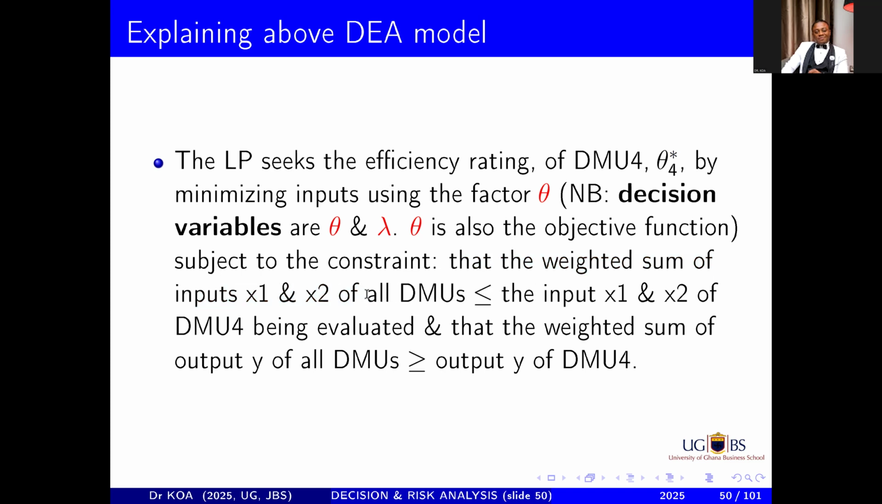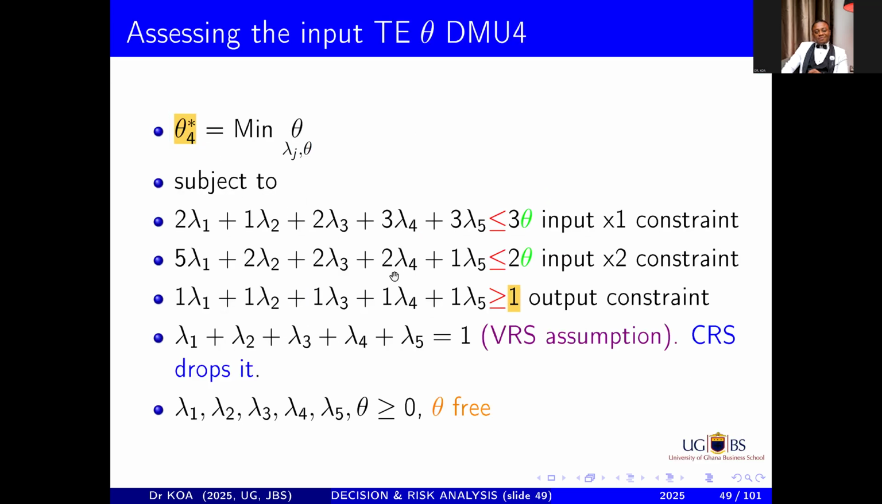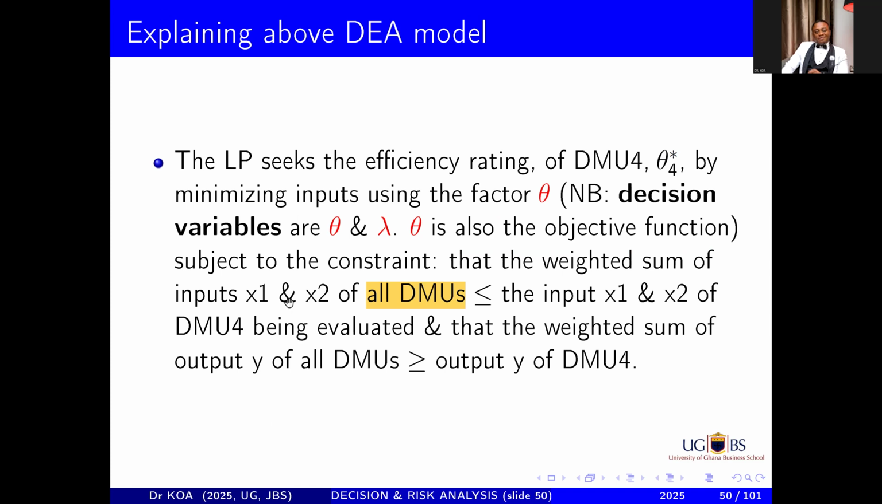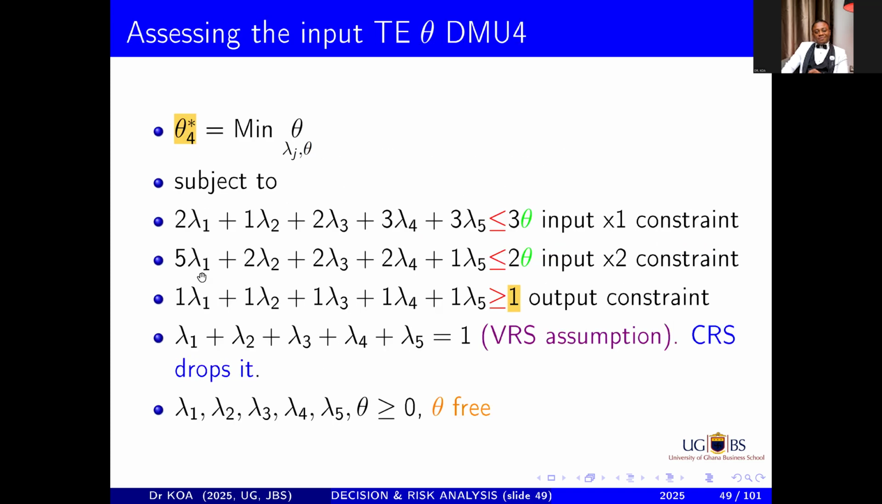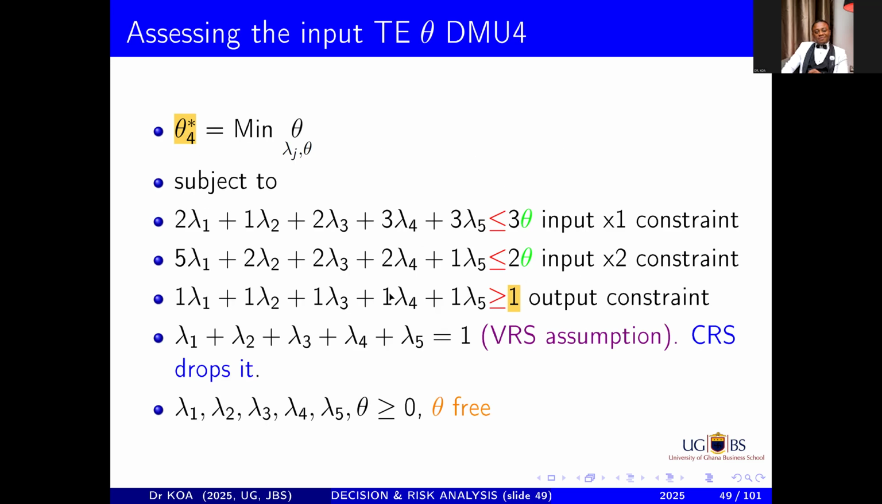Watch that word: of all DMUs. What does that mean? The weighted sum of input and output of all DMUs. All DMUs here means that you are looking at one DMU at a time, which is DMU 4, but it is subject to the constraint that the weighted sum of all DMUs, that is those on the left-hand side of the equation here, is less than or equal to the input x1, that's the first constraint, and the input x2, that's the second constraint, of the